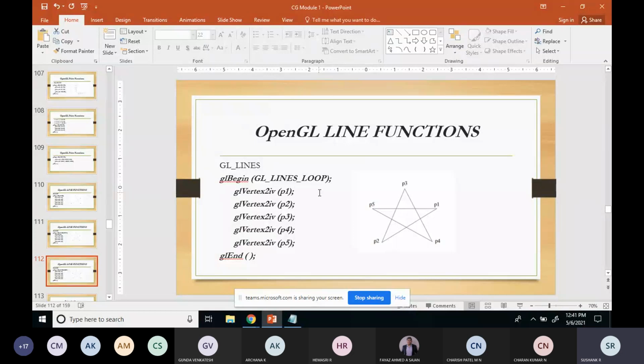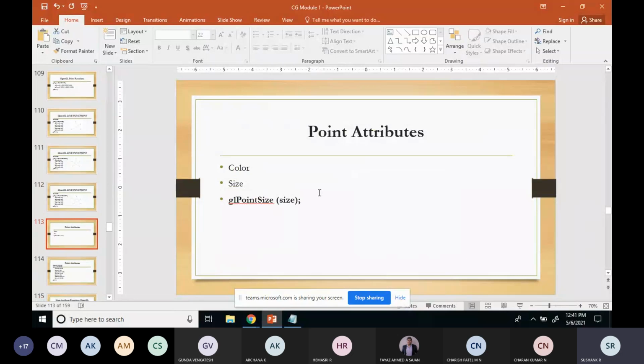One is common, and the common one is color. Using the same function, GL color, you can decide the color of the line.